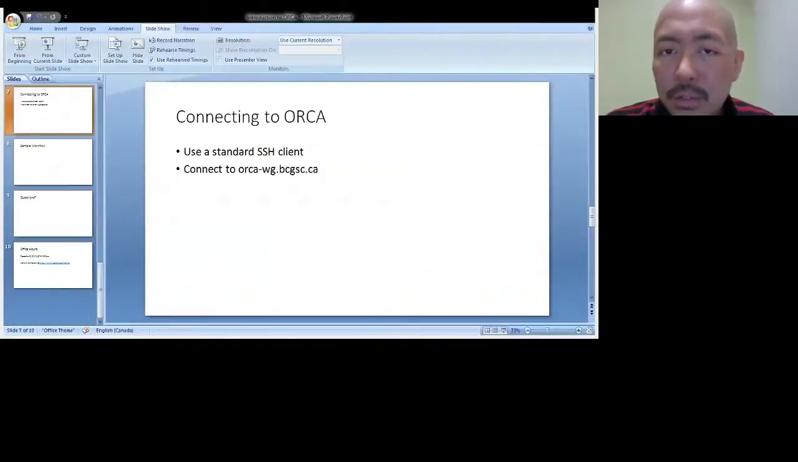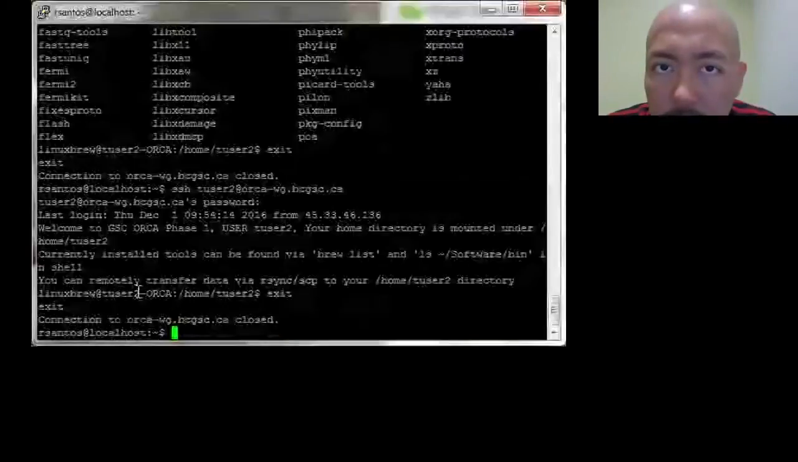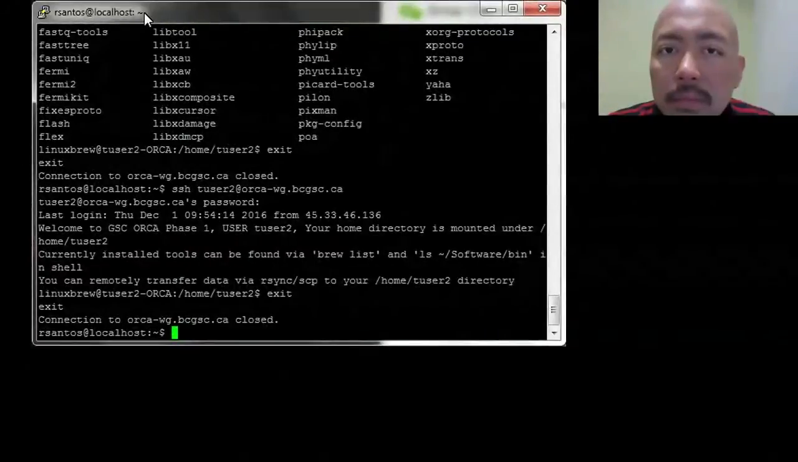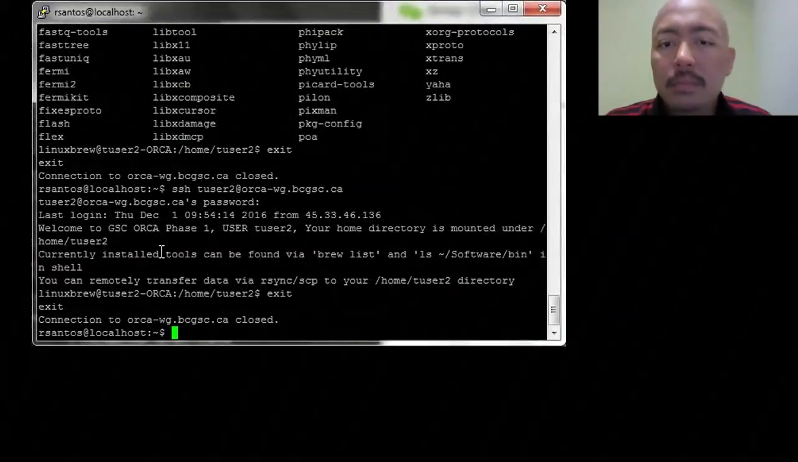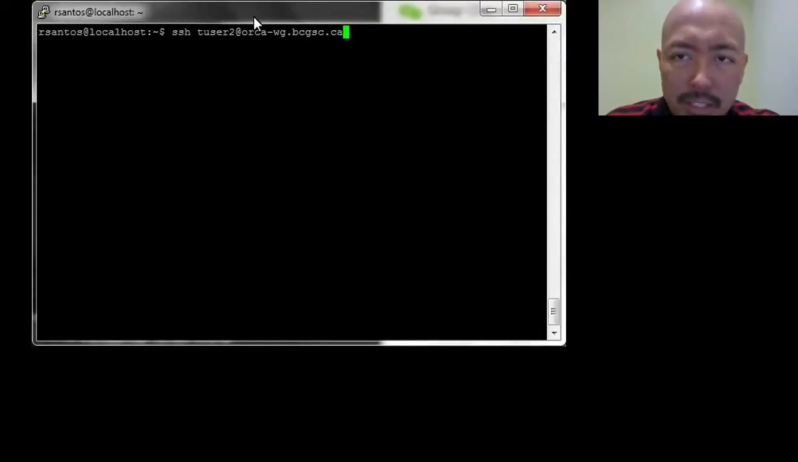Okay. Let's go to connecting to ORCA. Once you've obtained your account, so now we're on an external Linux server, or you could think of it as, you're on your laptop, you're on your command line, and you want to connect to ORCA. It's available outside of the Genome Science Center. You just SSH as your user account at orca-wg.bcgsc.ca,